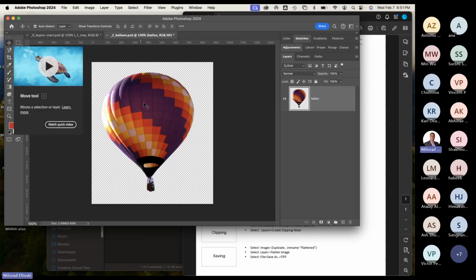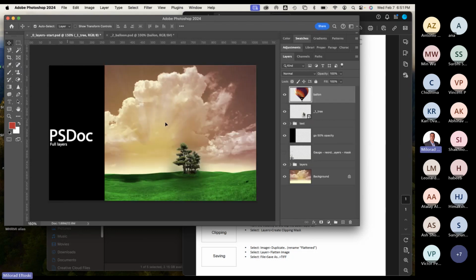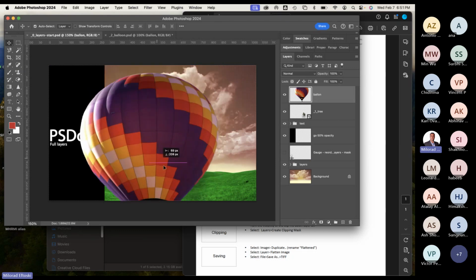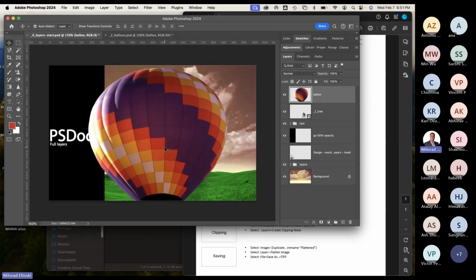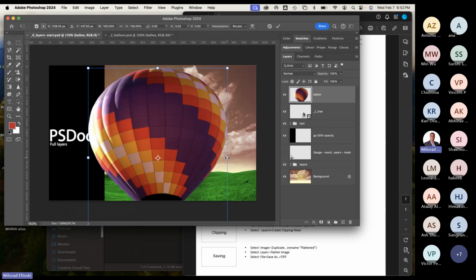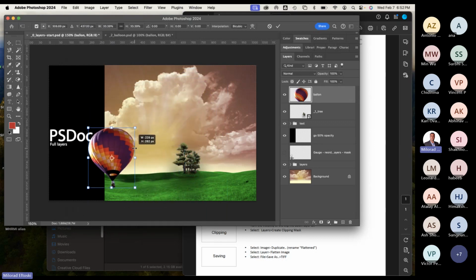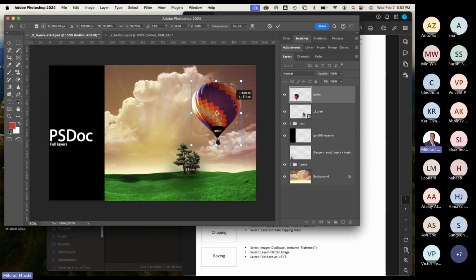I'm going to grab the move tool and simply move this balloon up here, down here, let go. And obviously it's too big to fit, so I'm going to use scale to make it happen. Just move it down here, under edit, free transform. I'm going to use the sides or the corners. I'm holding shift. I don't know if you have to hold shift, but for me, I think I have it set up as holding,